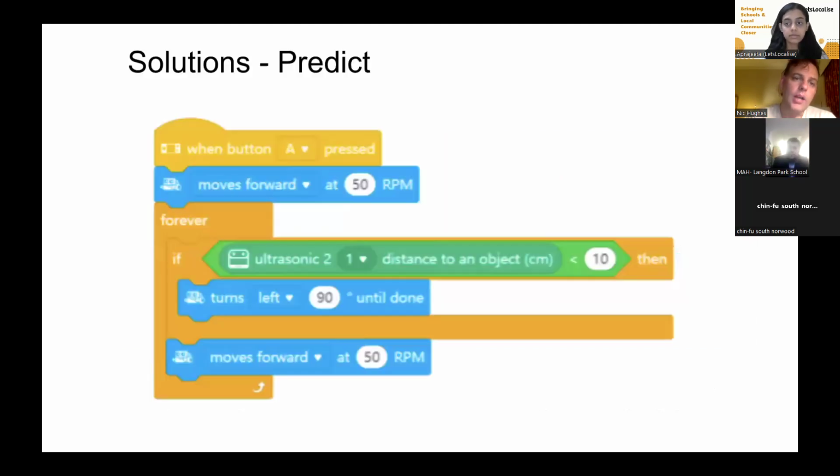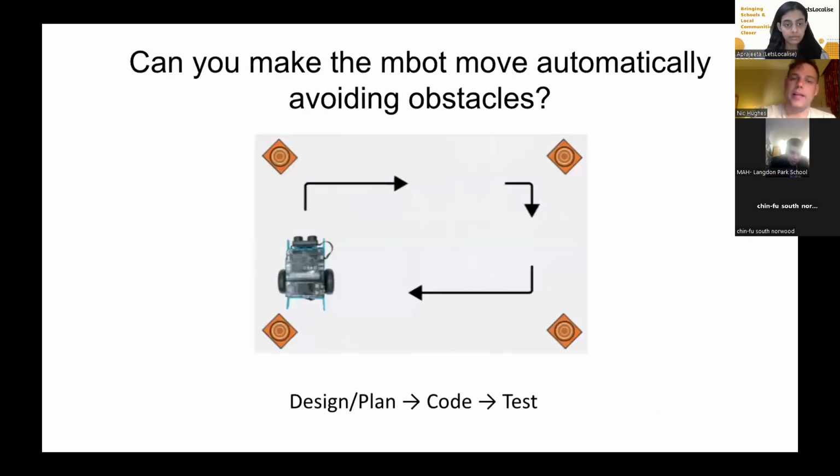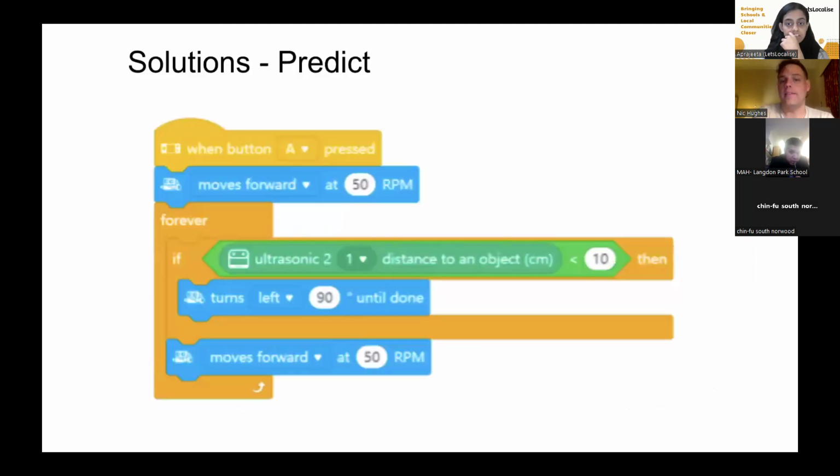So if we're looking at this, I'm not going to get you to do predictions on this, but a solution for this is this one here. This is one taken from the lesson plan, and this piece of code will make the robot react to an obstacle. Now you could have a quick go at making this if you want to.